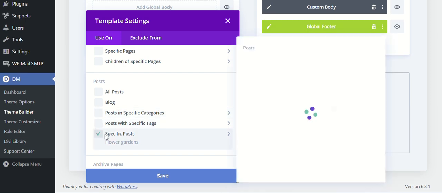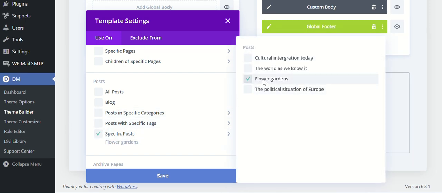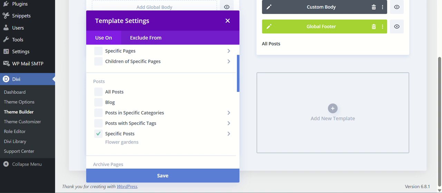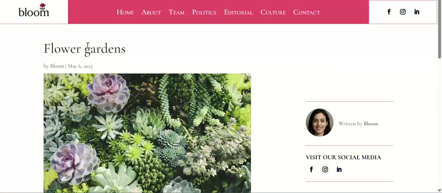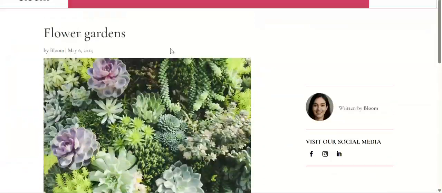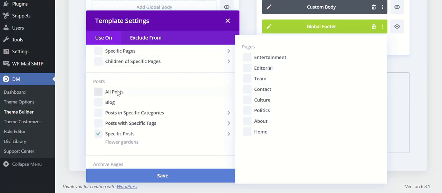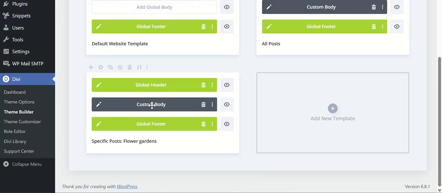For the purpose of this video alone, I'm just assigning it to this specific post, which is called flower garden, and this is actually the post itself. Okay, so I've already gone ahead and done that, but let me just show you how I did it. So you have to assign the body to this, and on the body, if you open it,